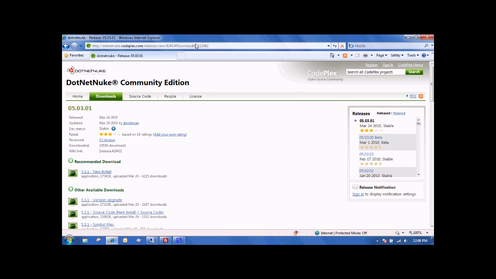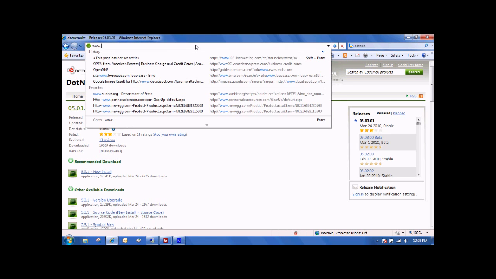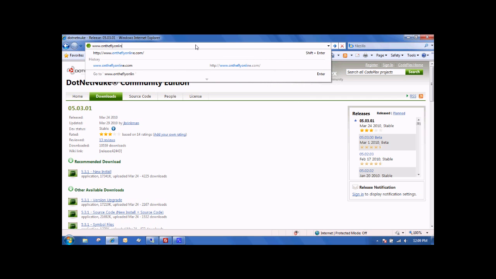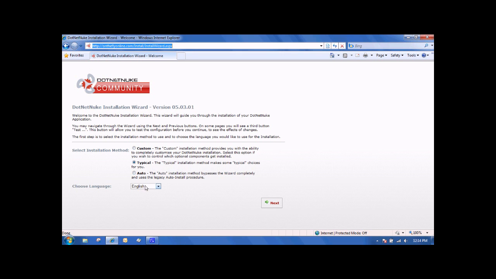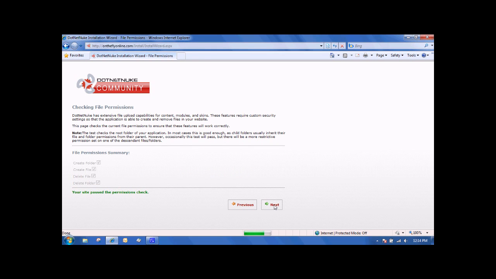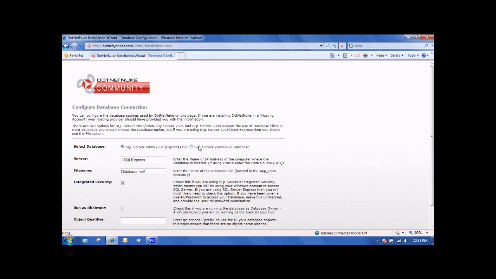So now we should be able to go to www.ontheflyonline.com, and it should bring up the DotNetNuke installation wizard. Okay, so our installation wizard comes up, so we're just going to do a typical next. It's going to check the permissions of the folder. Next. And now we're going to choose SQL Server 2008 database. Our server is going to be 192.168.0.62. Our database is going to be